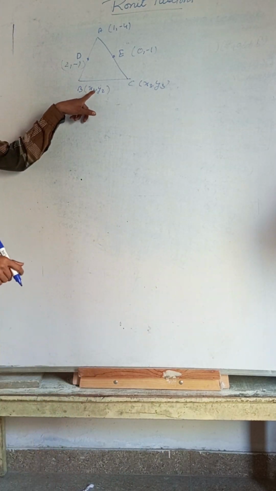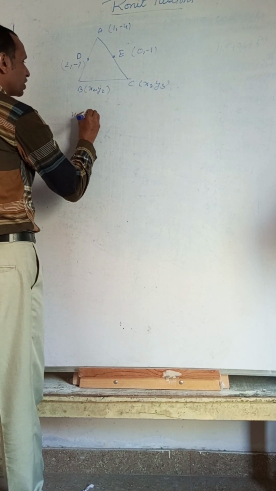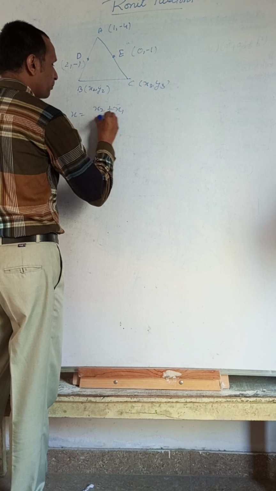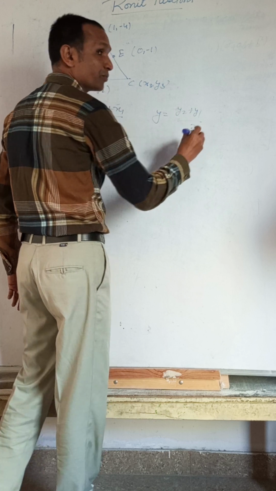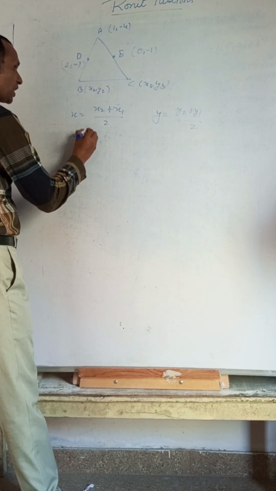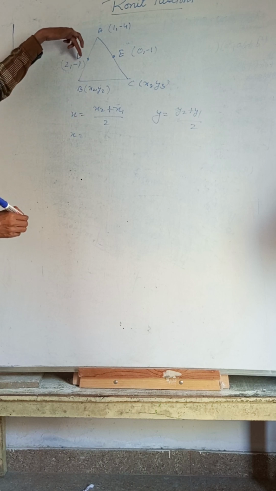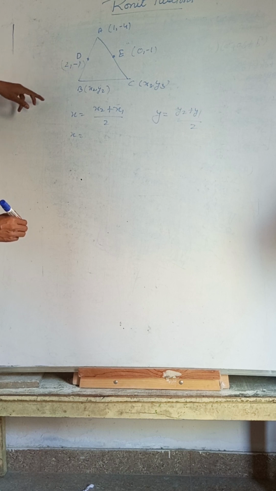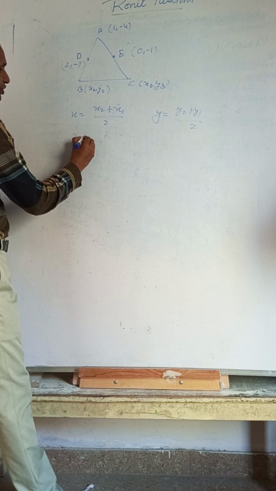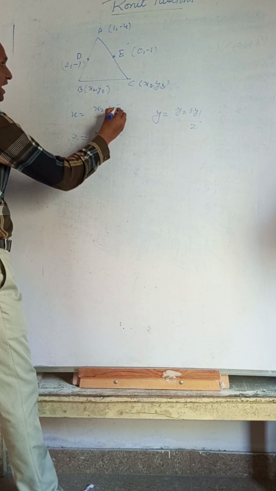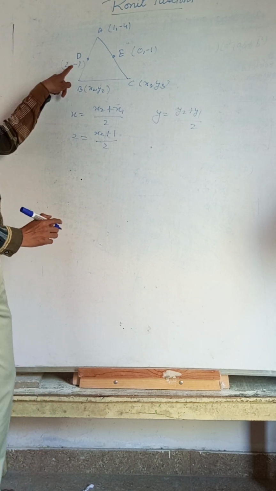First, since the midpoints are given, we have to find the other vertices, so we write the midpoint formula. The midpoint formula is x = (x2 + x1)/2 and y = (y2 + y1)/2. The x2 value is unknown. The midpoint's x value given is 2, so 2 = (x2 + 1)/2. For y, the given value is -1.